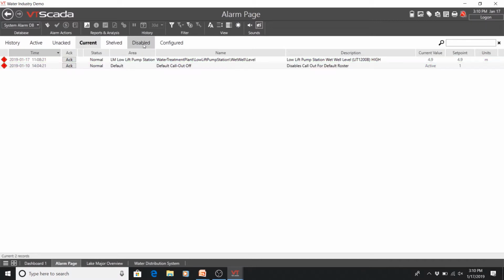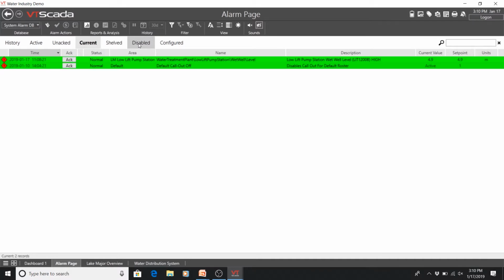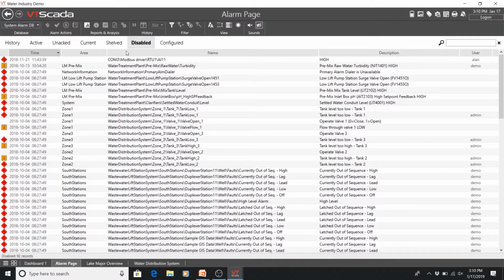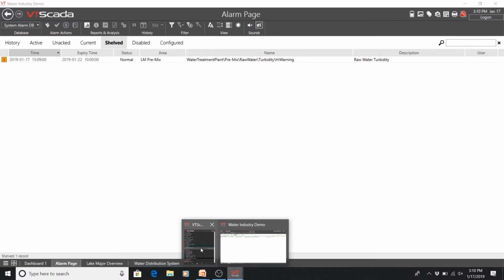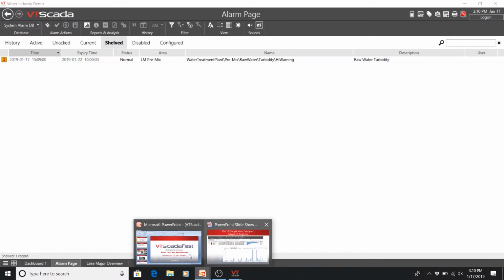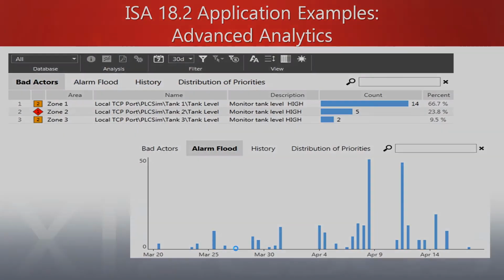Let me go back to where I was supposed to be. And by the way, if we had pulled the card out, let's just say we're no longer using that turbidity meter, or maybe it's broken forever, I don't have to delete the tag. I could actually just disable it, and we could do all that as well, but I'm not going to deal with that right now. I want to go back to my PowerPoint because I was supposed to do that already. I think I got ahead of myself on purpose.